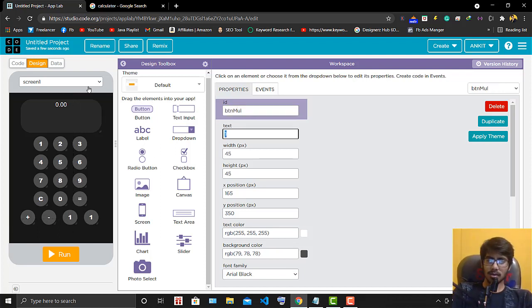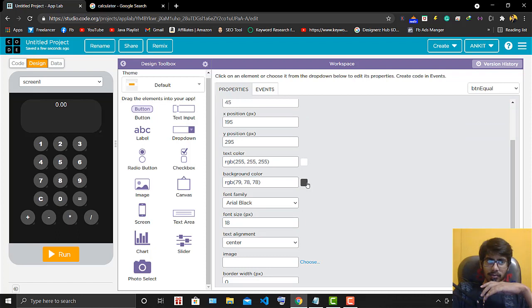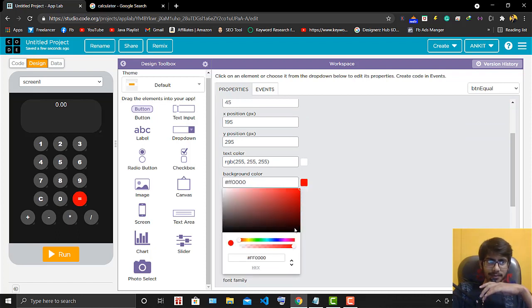Let's say mul, or here multiply sign, here I will give btn divide, okay. So div, and I will put here a divide. So now I think the design is ready, but still we need to make some corrections, okay. Equal, I will change the background so that it can go perfect. So this is the equal button, okay.